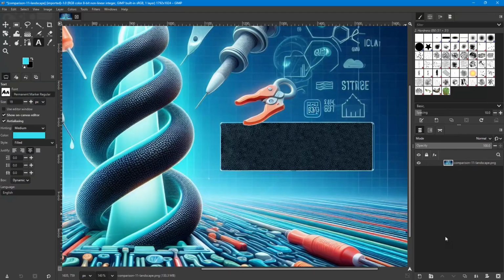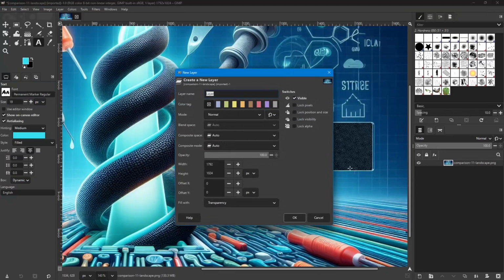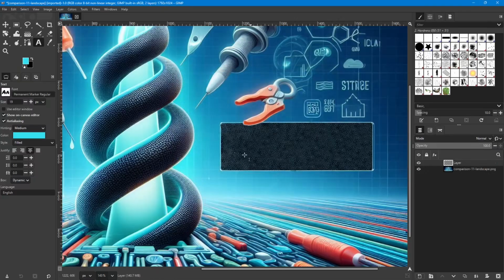So if I come over here and just add a new layer, I'm going to fill it with transparency. This might be set to white or some other color, but if you do transparency, it'll allow you to write right over the top of this. See, if I would have had a color, it would have filled in the whole layer with a color. Let's see, we'll go up to 20, and then we'll click on here, and I'm just going to type way